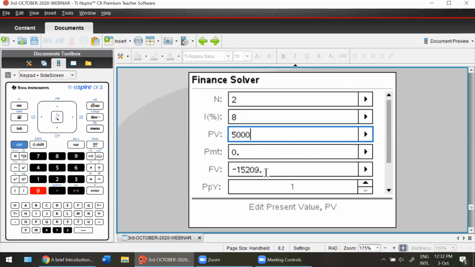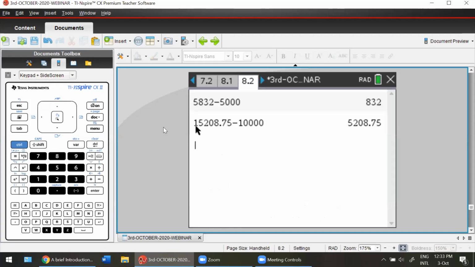Come to FV and then hit enter. Is that your value? Yeah. Now, if you want the compound interest, you will have to subtract your final value with the PV, right? So you press escape. And I've done that for you here. Correct?